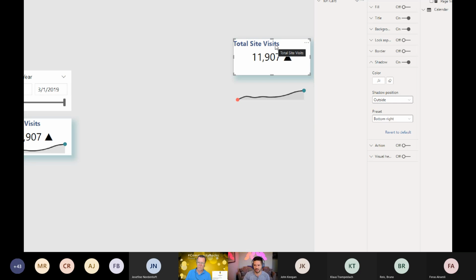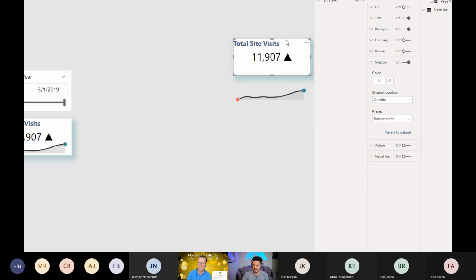I could have done this with a title color. There are actually a lot of different parts of this card or visual where I could have chosen to put that green. But I like the shadow because it was a good way to show the color indicator, but also not have it be obtrusive. If I was to change the entire background, it's a bit intense. I wanted it a bit more subtle in this case. So I thought it was a clever way to utilize shadows to just give a hint about what the data is telling you.